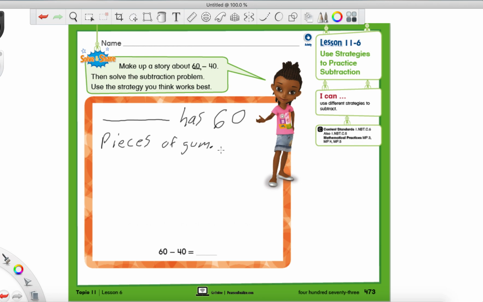So blank has 60 pieces of gum. Then, well, if you wrote about a boy, you're going to put he. If you wrote about a girl, you're going to put she. Then he gave away